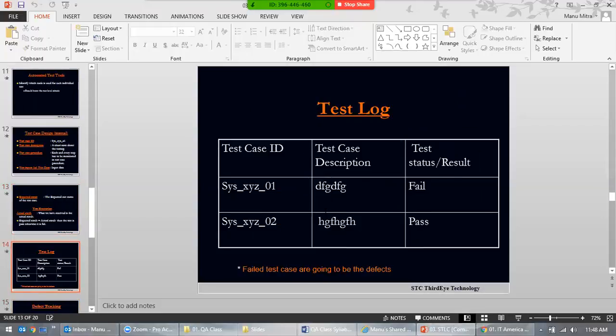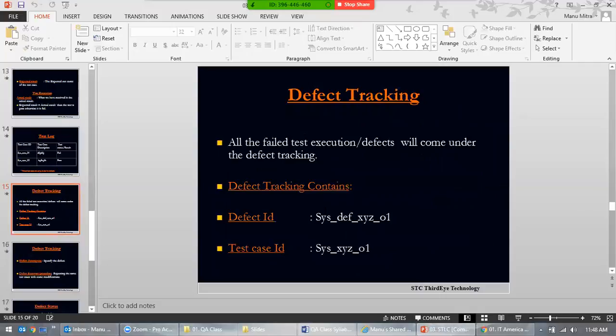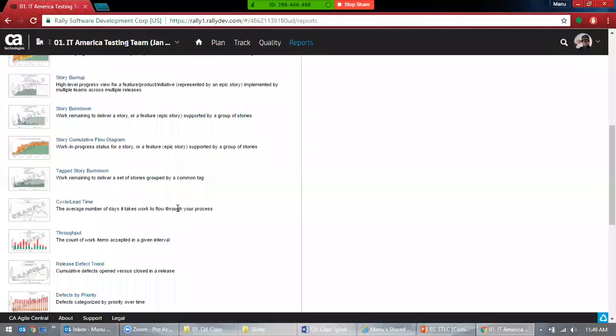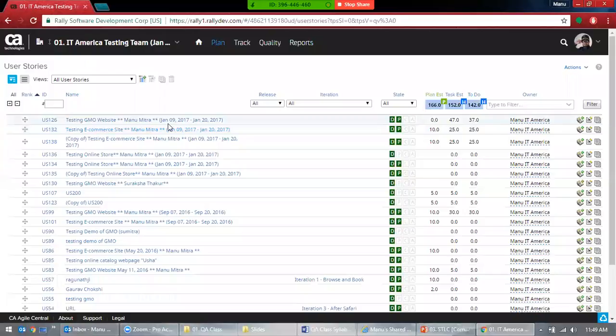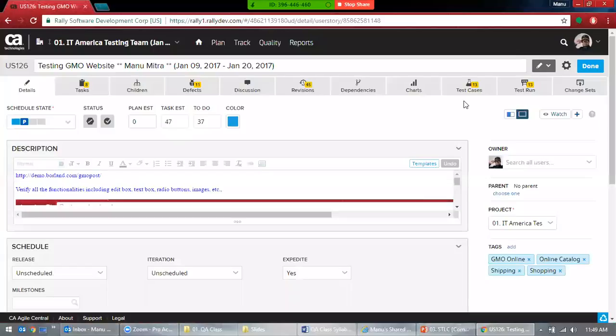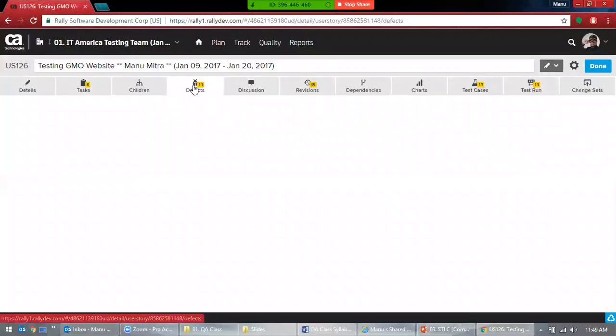So we have done this. Yeah, this is the log. Log in this sense is pretty much clear. Here we have the log, right? Let's quickly check where we have this log. Once you open a defect, let's go to the user story. Once you have this defect,